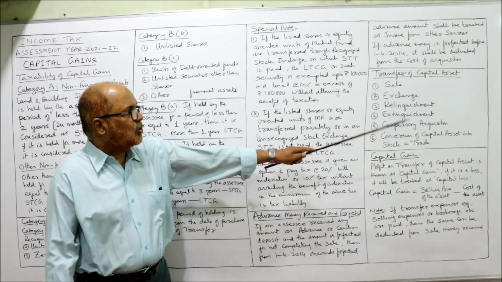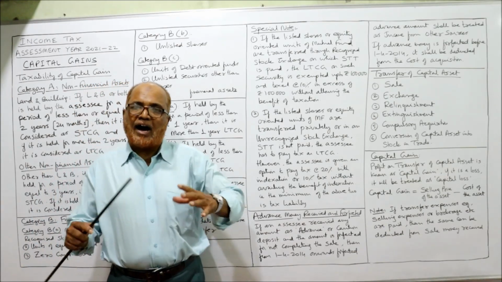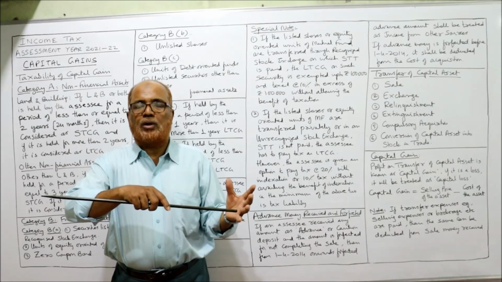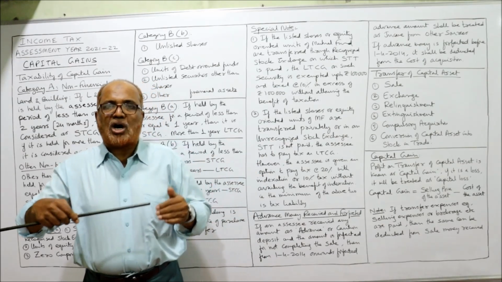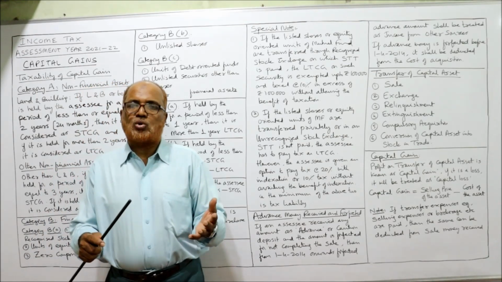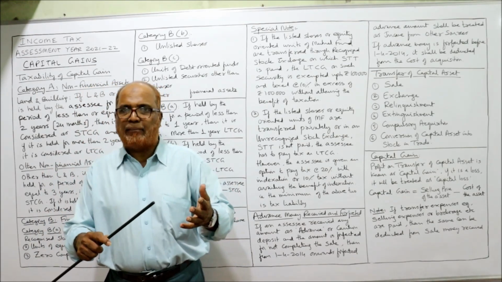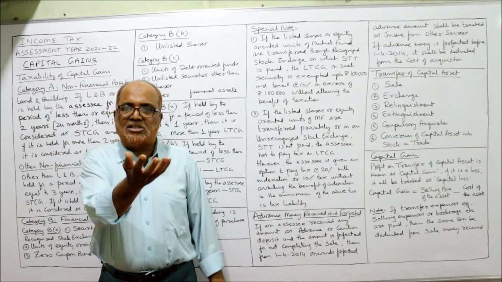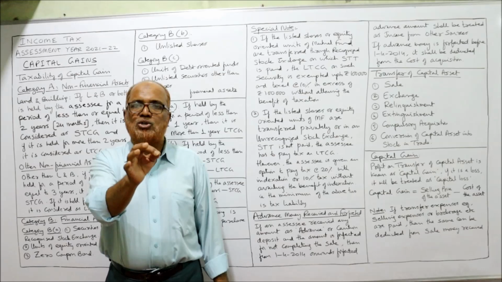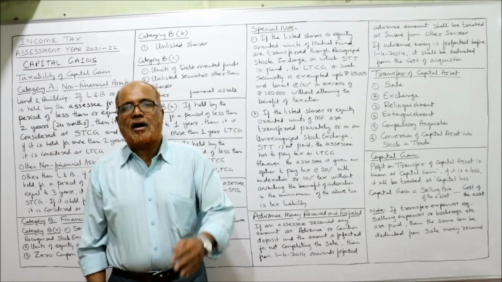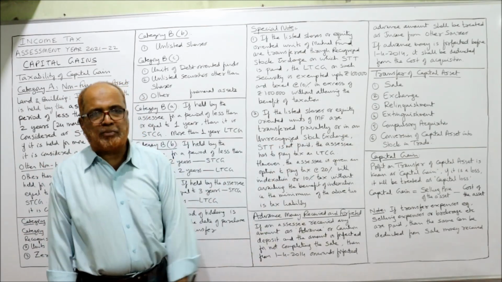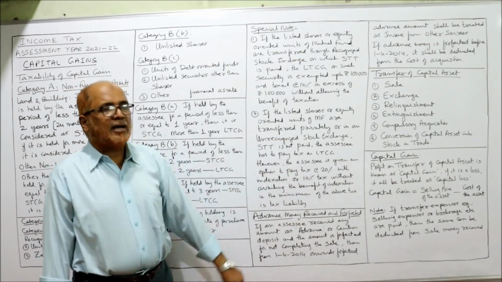That is called extinguishment. Example, when a fire occurred, the insurance company will pay the amount to the insured and take the charge of the destroyed assets. Some of the assets are destroyed, partly damaged, partly not damaged. So the ownership of these destroyed assets will be transferred to the insurance company as soon as the insurance contract is completed. Compulsorily the ownership is transferred to the insurance company. That is called extinguishment.